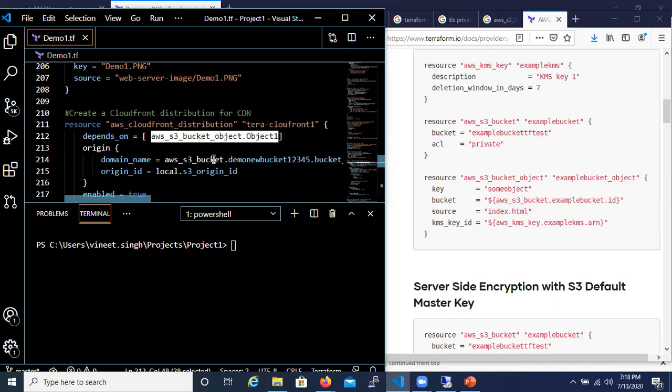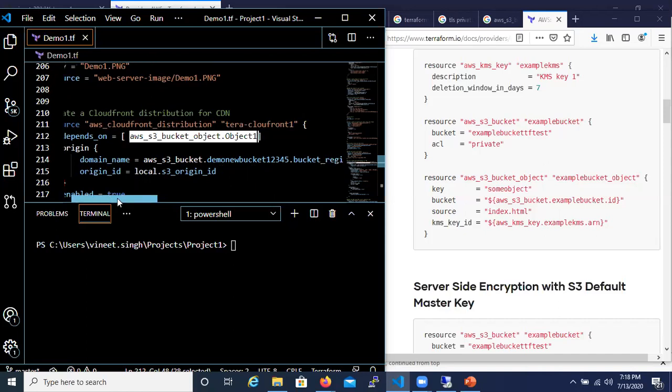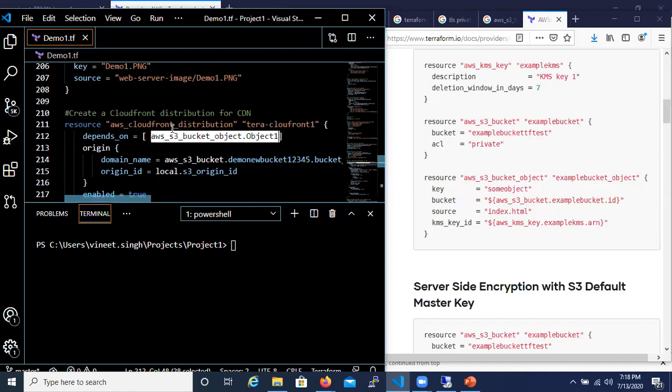And whenever you create a CloudFront distribution, it will be asking, what is the source? What is the domain name? So you can make use of CloudFront and the exact data from where the data is coming in, which is the source of information. You can call that in your origin ID, so local dot S3 origin ID.